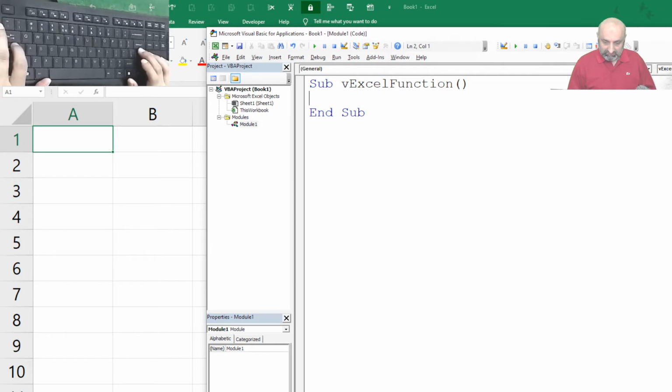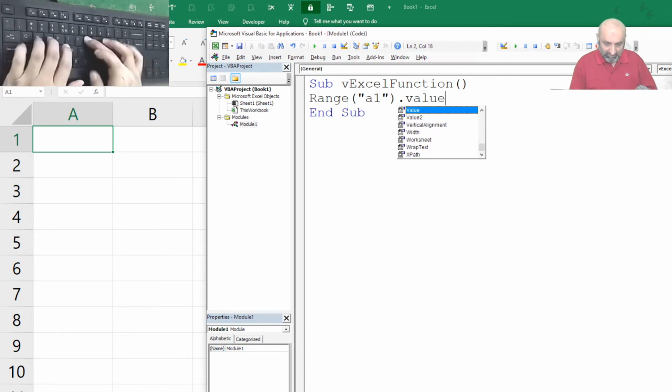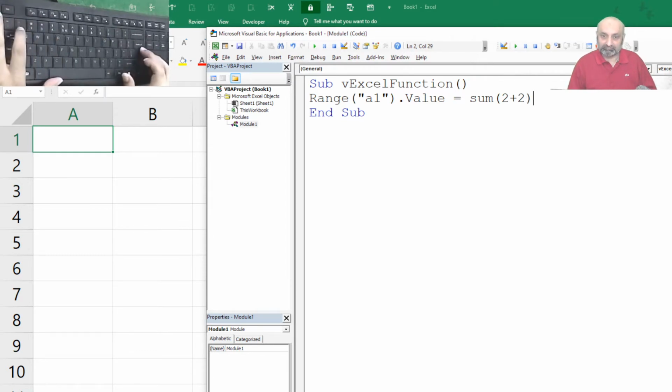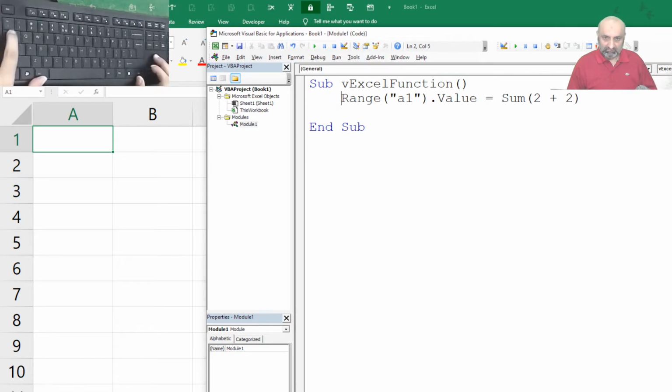So let's use some Excel function and say Range("A1").Value = Sum(2 + 2), and enter. So here it is, A1.Value equals Sum(2 + 2).